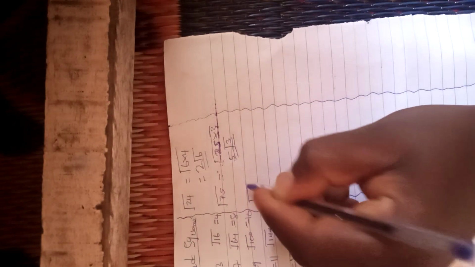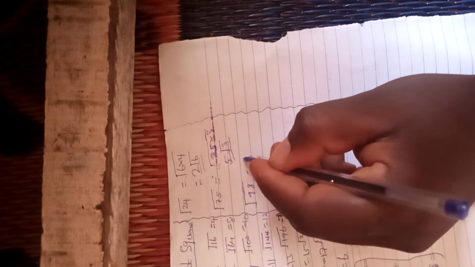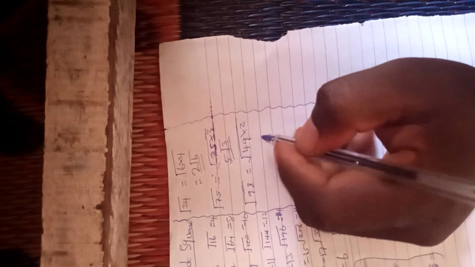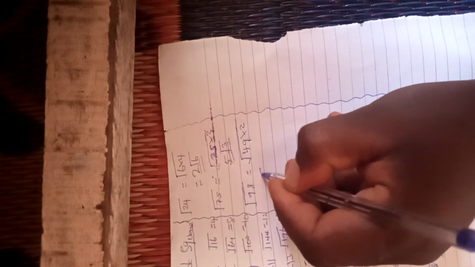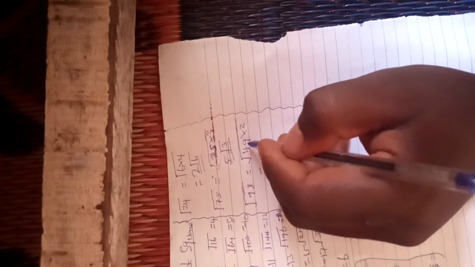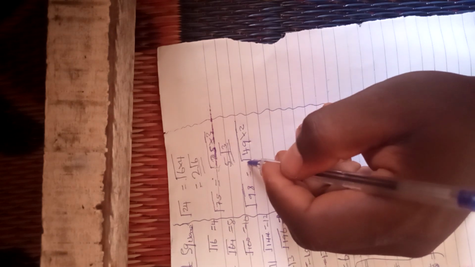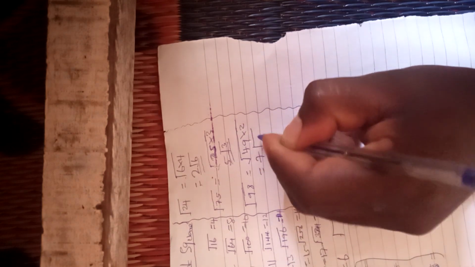Let us solve one more. The square root of 98. The same thing, you have to expand it. So 49 times 2 will give you 98. This 49 will be your perfect square, so the square root of 49 will give you 7. That 7, you bring outside here, leaving the 2. So the 2 will be here.